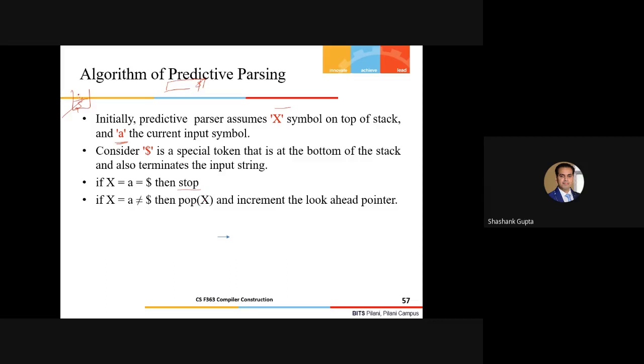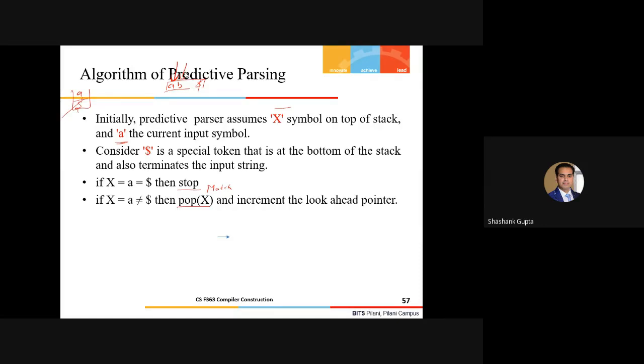Because a match operation has happened, let's suppose my current lookahead pointer is A, pointing somewhere here, and my top of the stack is this, and obviously it is not equal to dollar. Then I'll pop this. That indicates that a match has happened, and I should increment my lookahead pointer to the next input symbol. Seems valid.